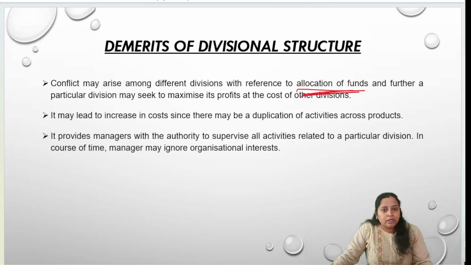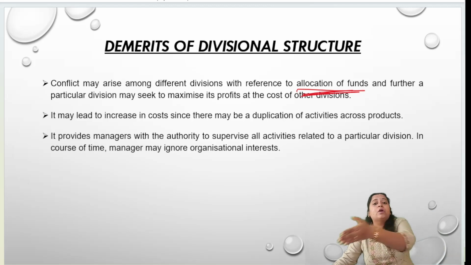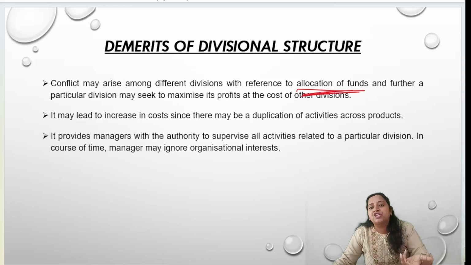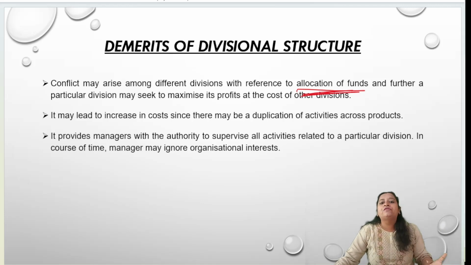Ma'am, for our division, they have allocated less funds. So that's why we are not performing the activities up to the mark. The funds are not available. Ma'am, you see for the cosmetic division, they are giving so much funds. So they are easily earning the profit, because they can easily make changes in the production, style, or anything, for research and development, everything. But we are getting less funds, ma'am. So we can't earn the profit with that amount of funds.